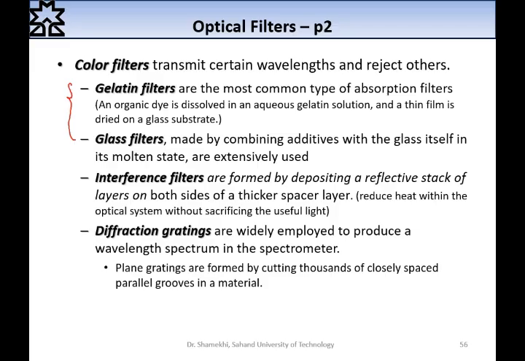Gelatin filters are the most common type of absorption filters. We can use an organic dye, dissolve it in an aqueous gelatin solution, and a thin film can be dried on a glass substrate. Also, glass filters, made by combining a coloring additive with the glass itself in its molten state, are extensively used. But these kinds of filters are